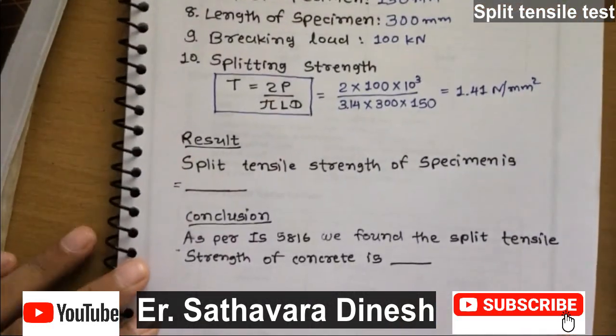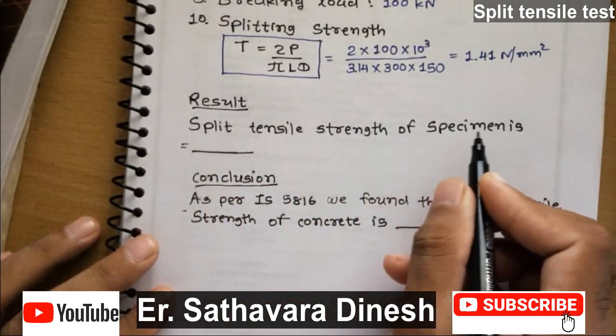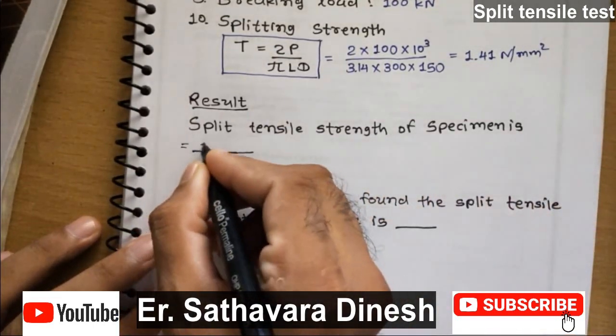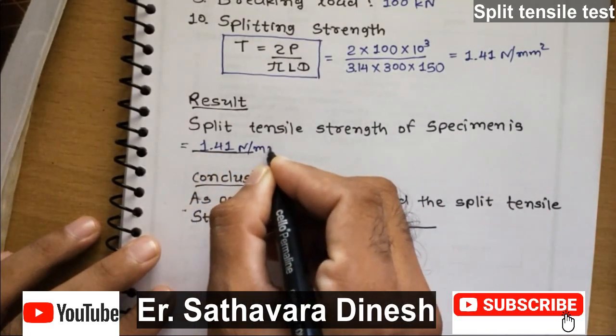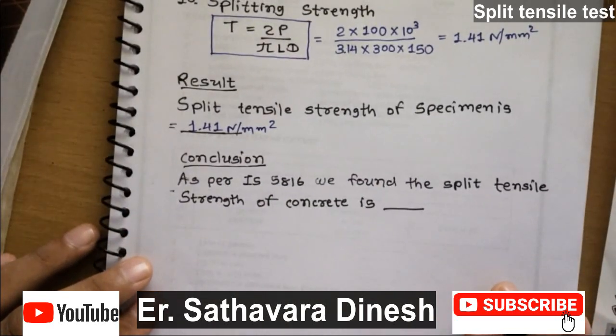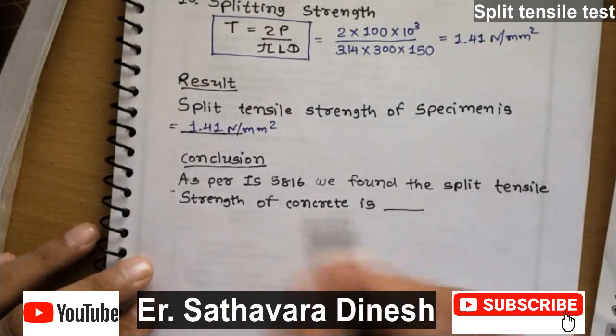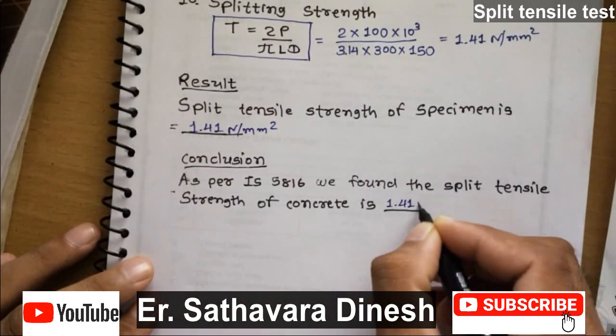Now we go for the result. As per the calculation, the splitting strength of specimen is found to be 1.41 Newton per mm square. And the conclusion, as per IS 5816, we found the splitting tensile strength of concrete is 1.41 Newton per